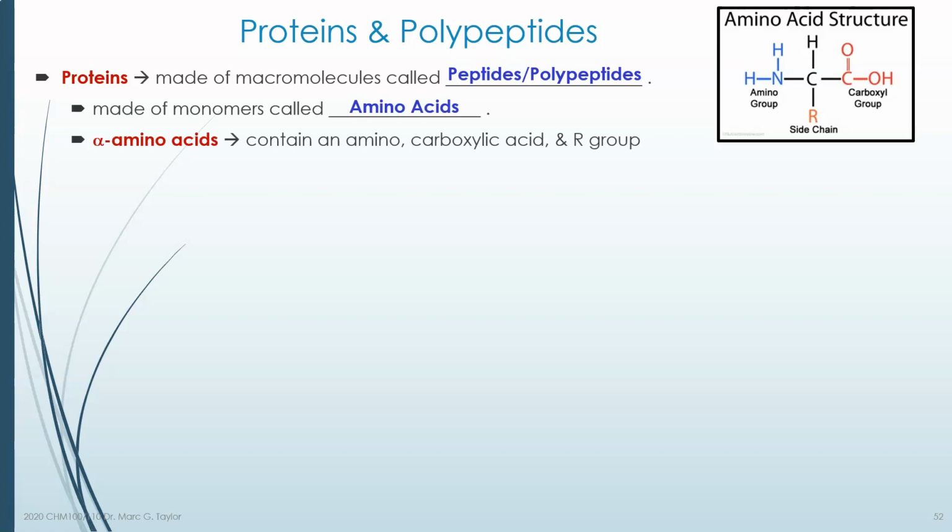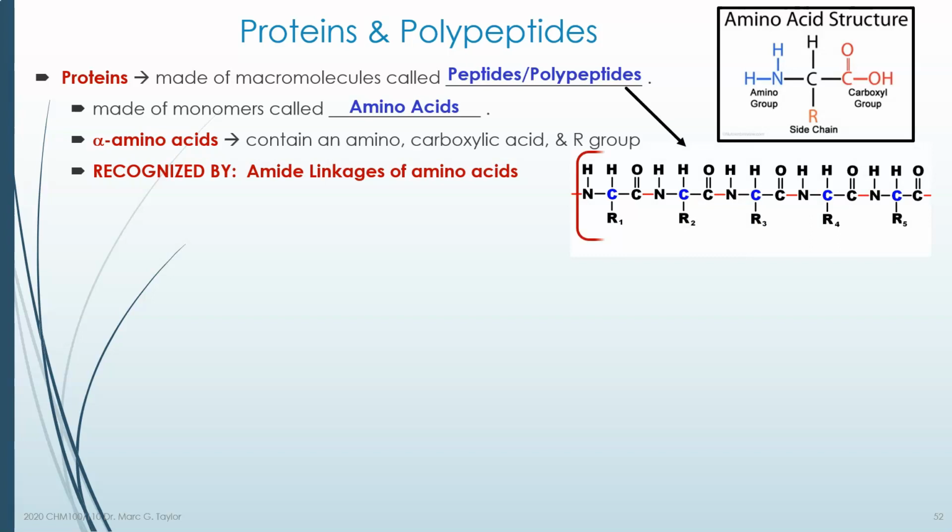So these are linked together. They're called alpha amino acids because it's that first carbon where both the carbonyl and the amino group are attached to the same carbon, so it's called an alpha amino acid. You're not going to be tested on the alpha, but you should know that amino acids are linked together by linking the amino group of one amino acid to the carboxylic acid group of another. And if you remember from your functional groups,